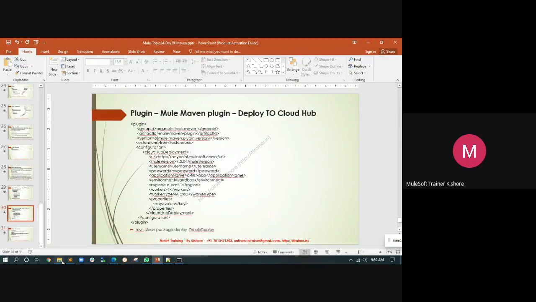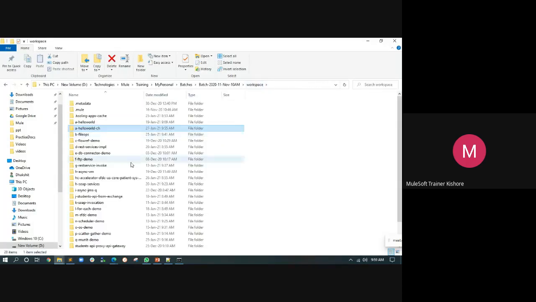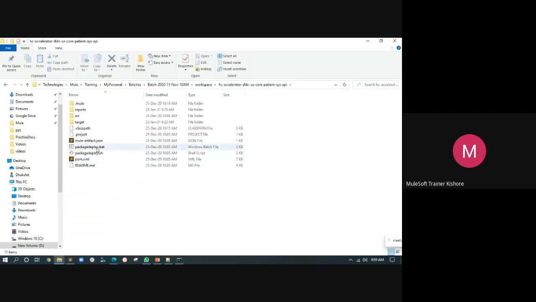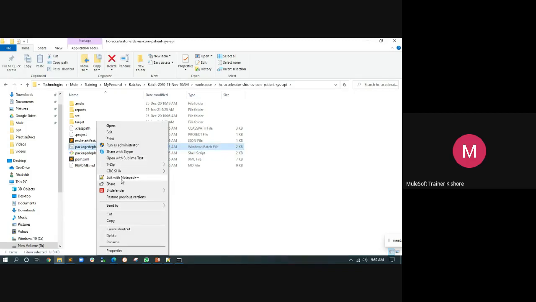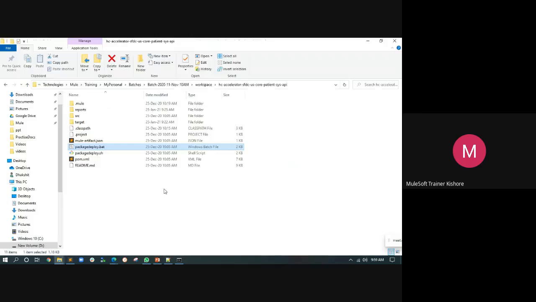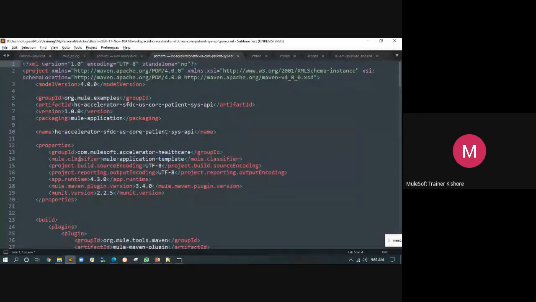So now I want to show you something here. In the workspace, there is something like SFDC Core Patient System API. So how do we deploy the application? We deploy the application with the help of a batch file, and then see here we are deploying like this, and then we are supplying the runtime parameters that are needed.